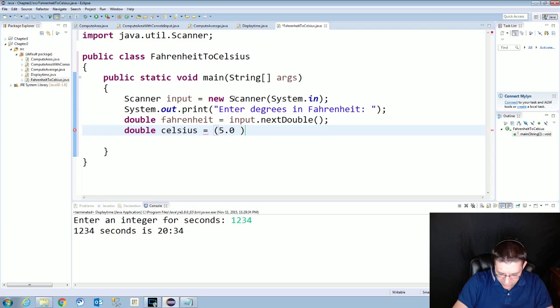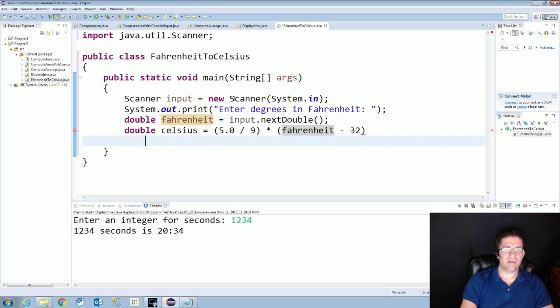5.0 divided by 9 times Fahrenheit minus 32. And you've got to put this in parentheses as well, otherwise it's going to do that multiplication first. Then we're going to do